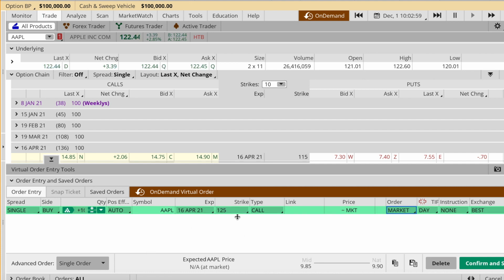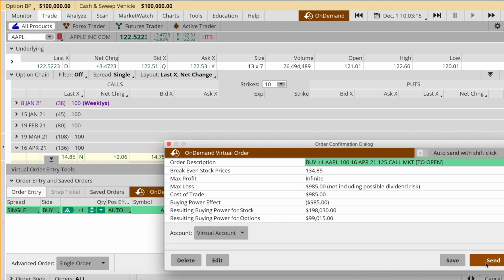We're buying $125 call options in Apple that expire on April 16th, 2021. As I confirm that, I have 10 contracts here. Let me just bring that down to 1 contract. I go to buy, I go to confirm and send. It's reminding me that this is going to cost me